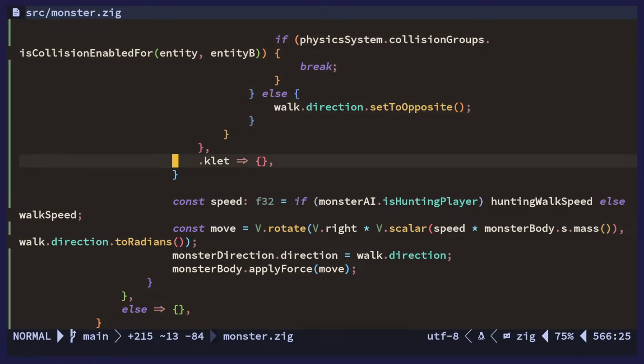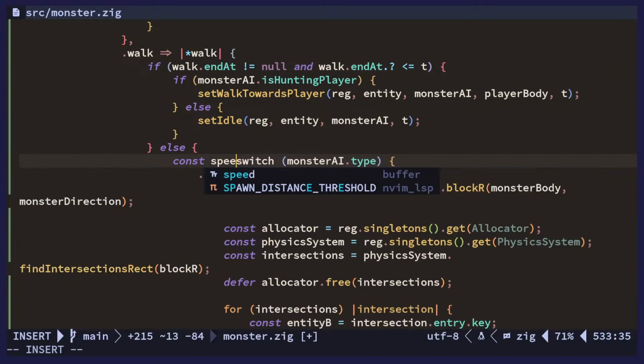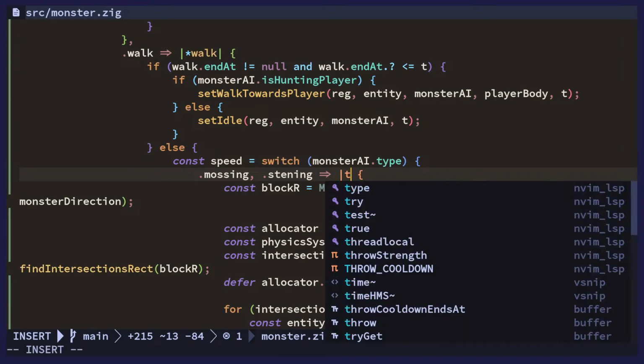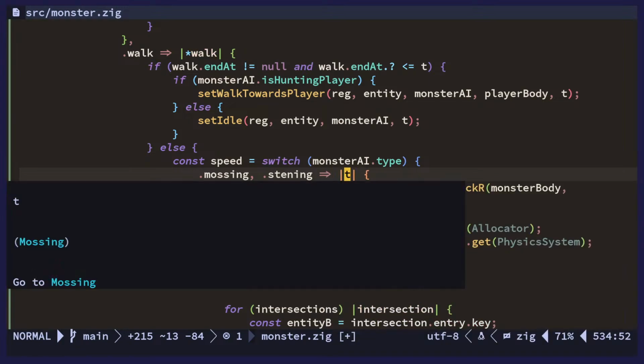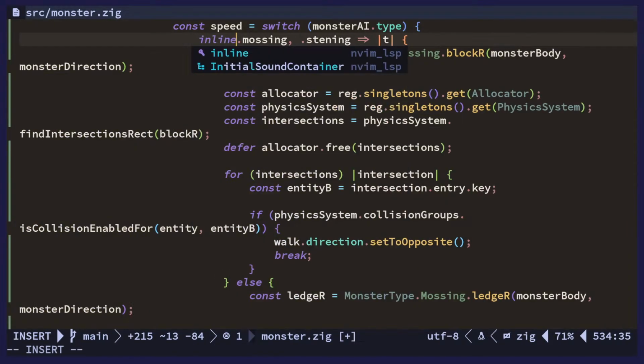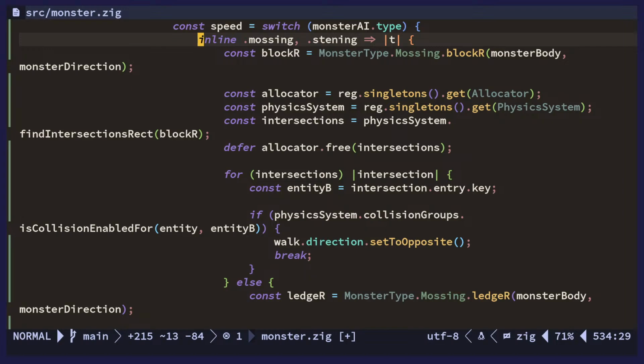So we could grab the type out and say the speed. So we could say the speed is going to be this. And we'll grab the type out here. Okay, I don't think this will work actually, because this is both of these here. Can you inline this stuff? I don't know. I don't think this will work, but